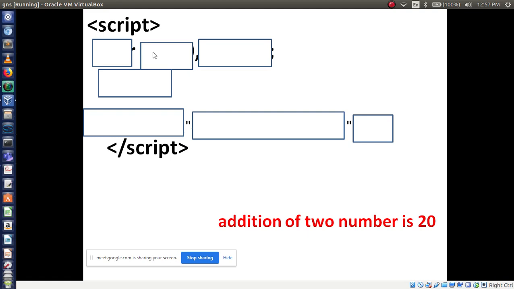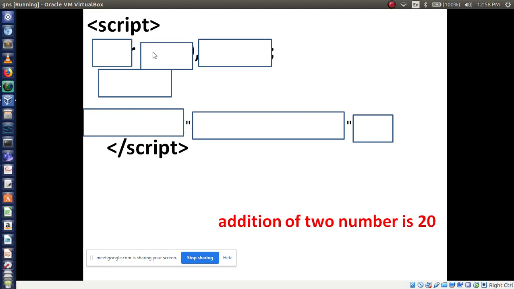So z is equal to x plus y. Then print the result: document.write, "the addition of two numbers is", and where is the result stored? That is the z variable, so plus z. You have to write like this. After your next class, you have to write this code and send it to me.